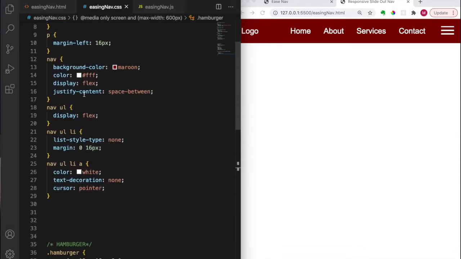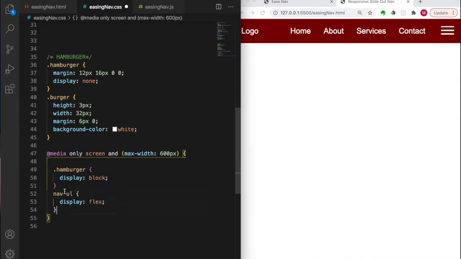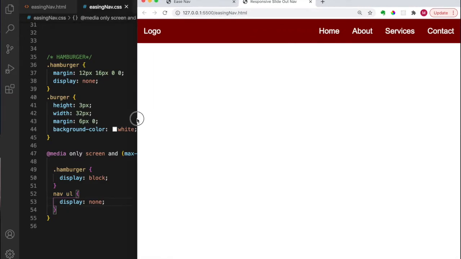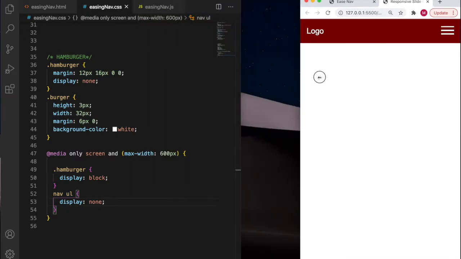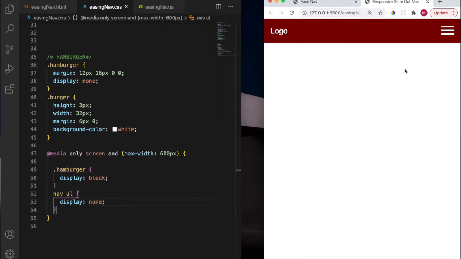So which bit is it? Well, it's the nav UL. Let's grab that from the top, and nav UL display none, like so. And guess what? It's disappeared. So big screen, got the links. Small screen, got the Hamburger. Big screen, small screen. But of course, if we click on the Hamburger right now, which is what I'm doing, nothing's happening because we don't have any JavaScript